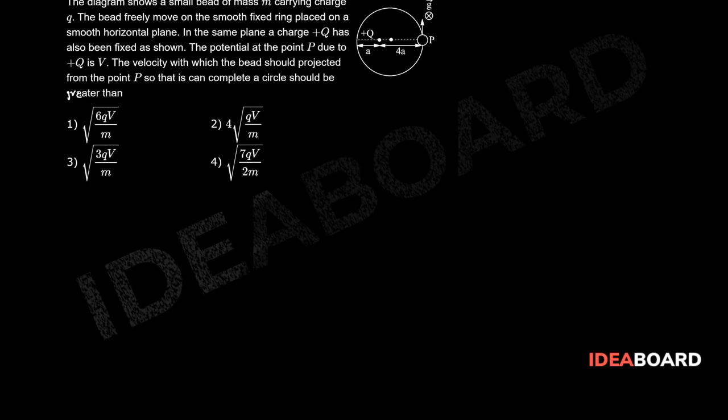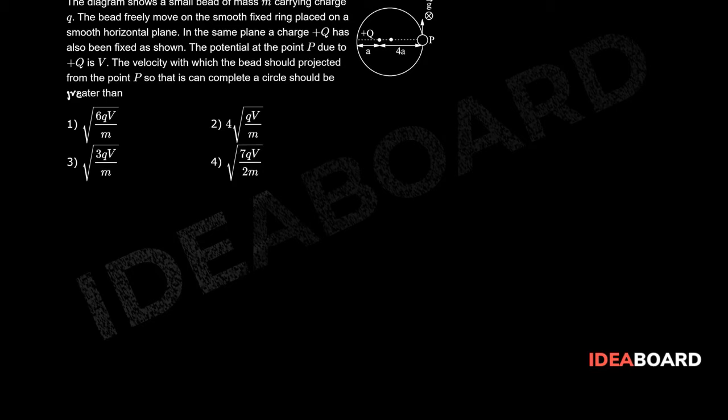The diagram shows a small bead of mass m carrying charge q. The bead can freely move on a smooth fixed circular track on a smooth horizontal plane. In the same plane, a charge plus q has been fixed as shown. The potential at the point P due to plus q is V. The velocity with which the bead should be projected from the point P so that it can complete a circle